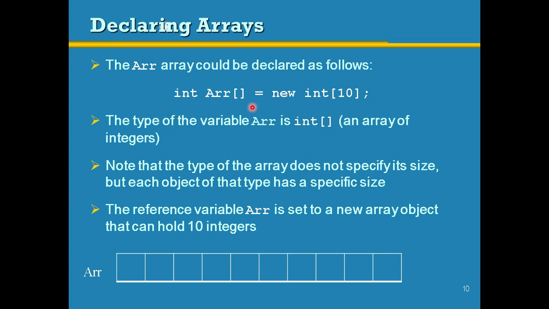See, when you declare this statement, you will get this type of mapping. That means an array will be named ARR and 10 memory locations will be declared. Since it is an integer array, the default value will be 0.